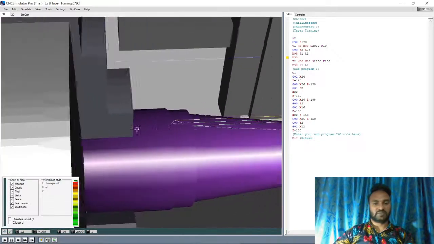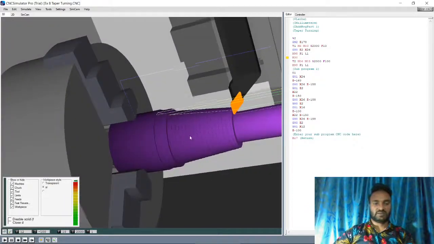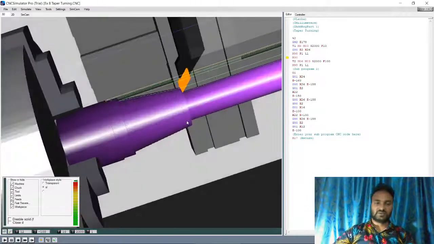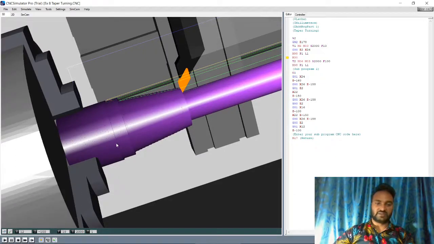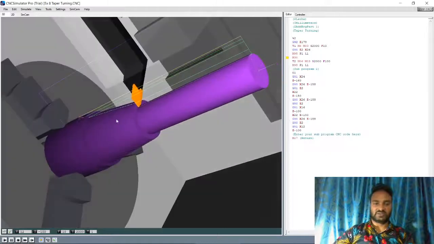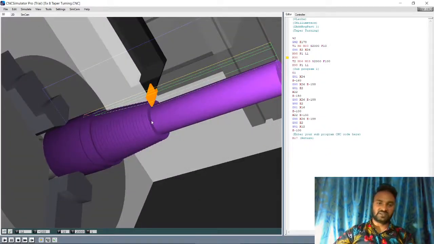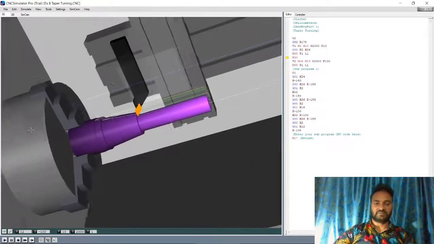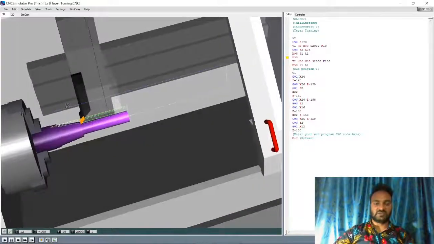Okay, so the first line is 160, from this end to this is 150, this one is up to this length 160, this length is 150, and then this length, from this to this, is 100. Okay, I will show you one more time.